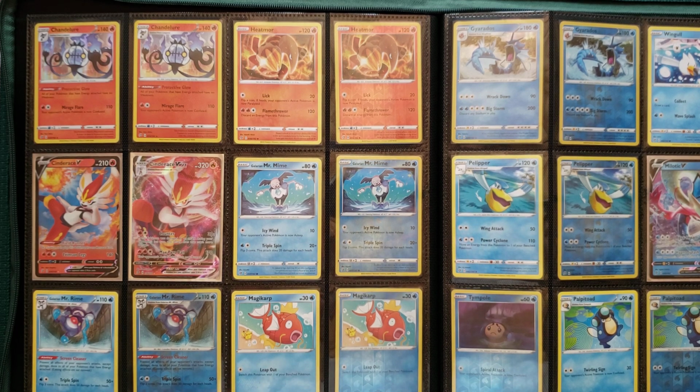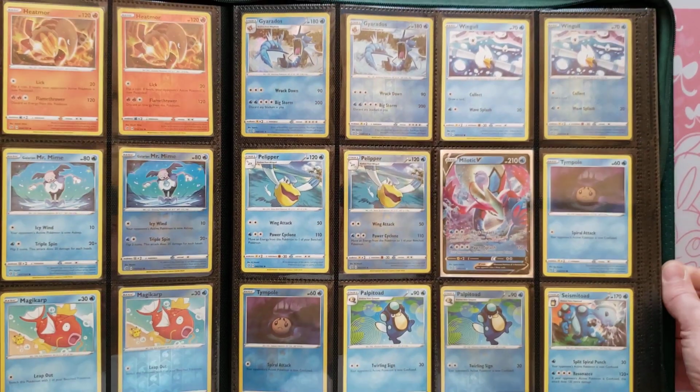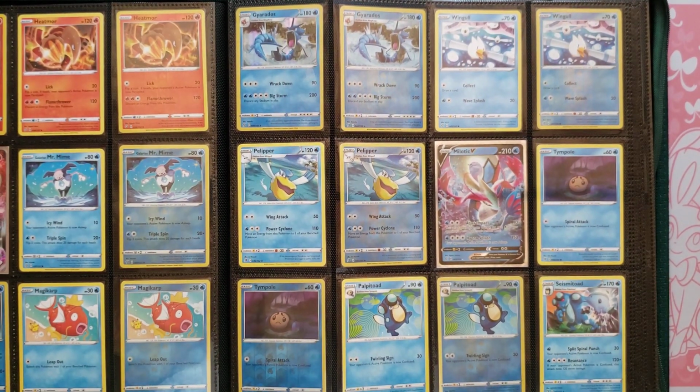Rhyme, and of course Mr. Rhyme is coming out in our next set with that Mad Party attack, which is basically like the Night March that we saw a couple years ago actually. So we have moving over here with Gyarados, Wingull, and Pelipper, but now we're getting into Milotic V, which is